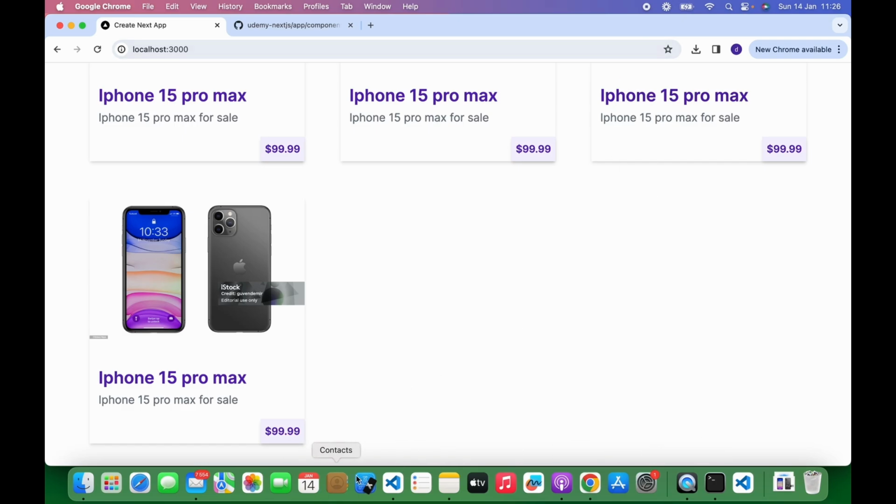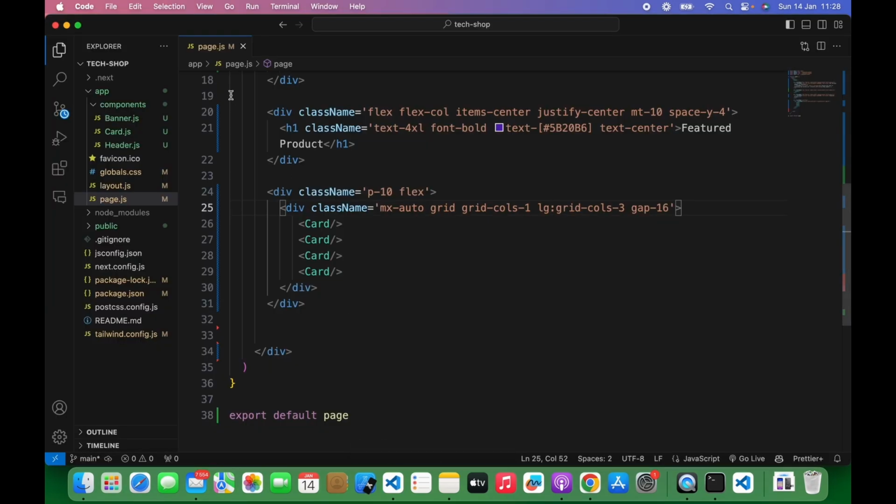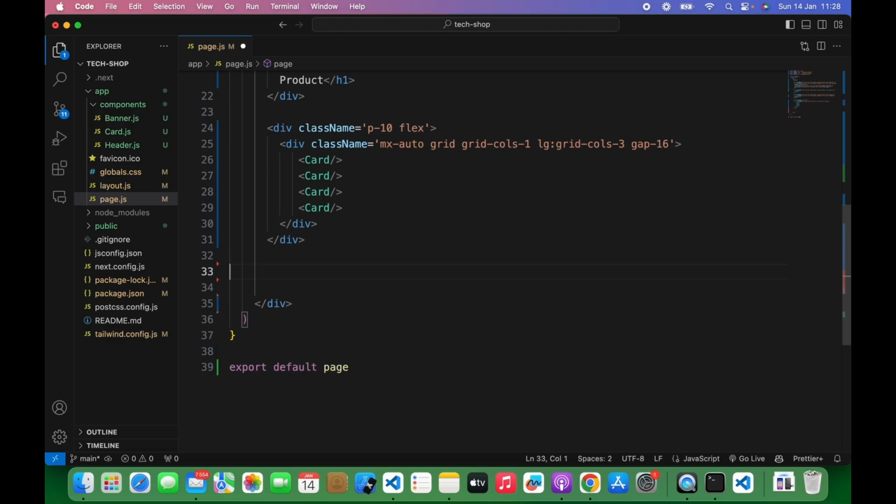Perfect. So in the next part, we're going to be doing our footer. In this part of the video, we're going to be doing the footer. Okay, so the footer is going to come at the bottom. It's going to be very simple. We come into our components, we make a file called footer,